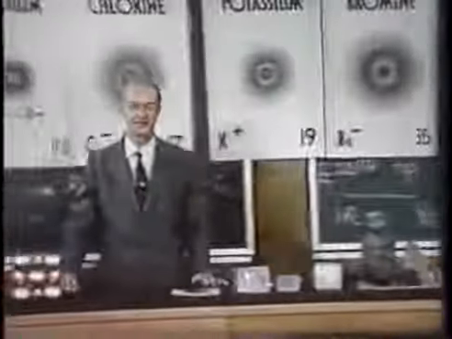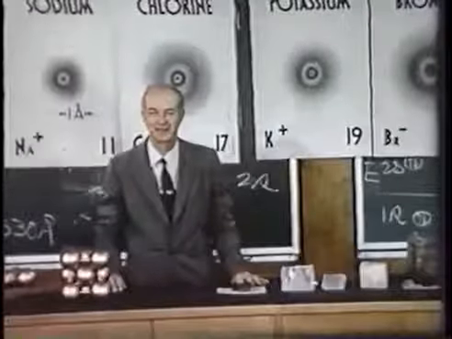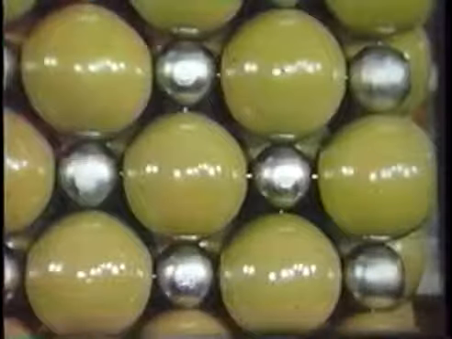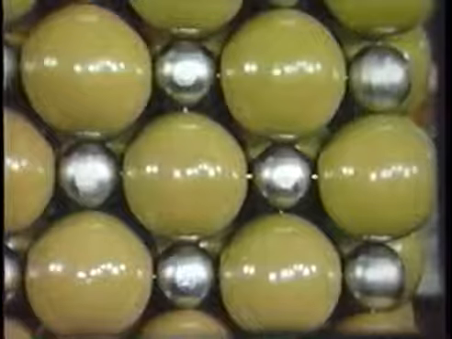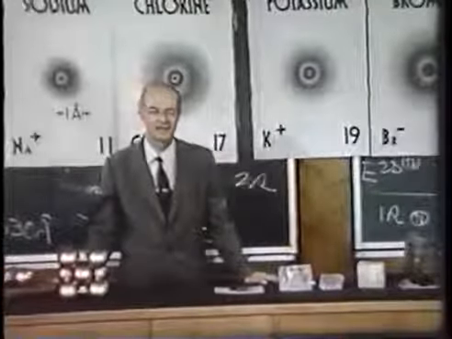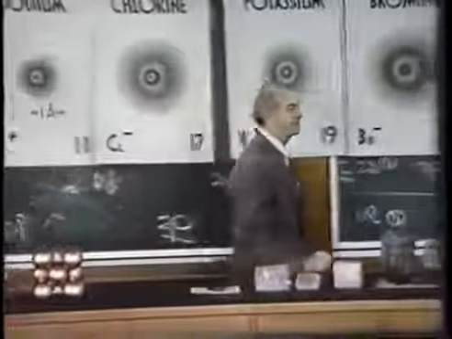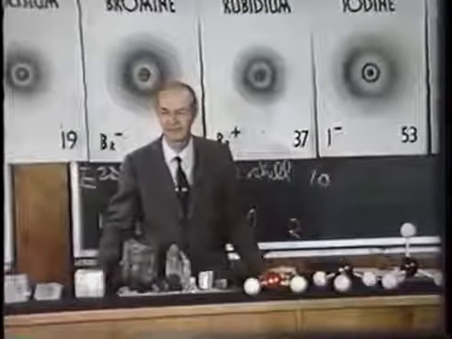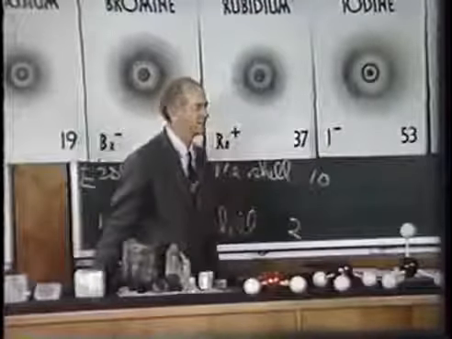I think that it is sensible to say that there is a 1/6 bond, 1/6 of an ionic bond between each sodium ion and each of the 6 chloride ions around it, and that the chloride ion itself with charge -1 has its charge satisfied by the 6 1/6 bonds that come to it from the 6 sodium ions that surround it.